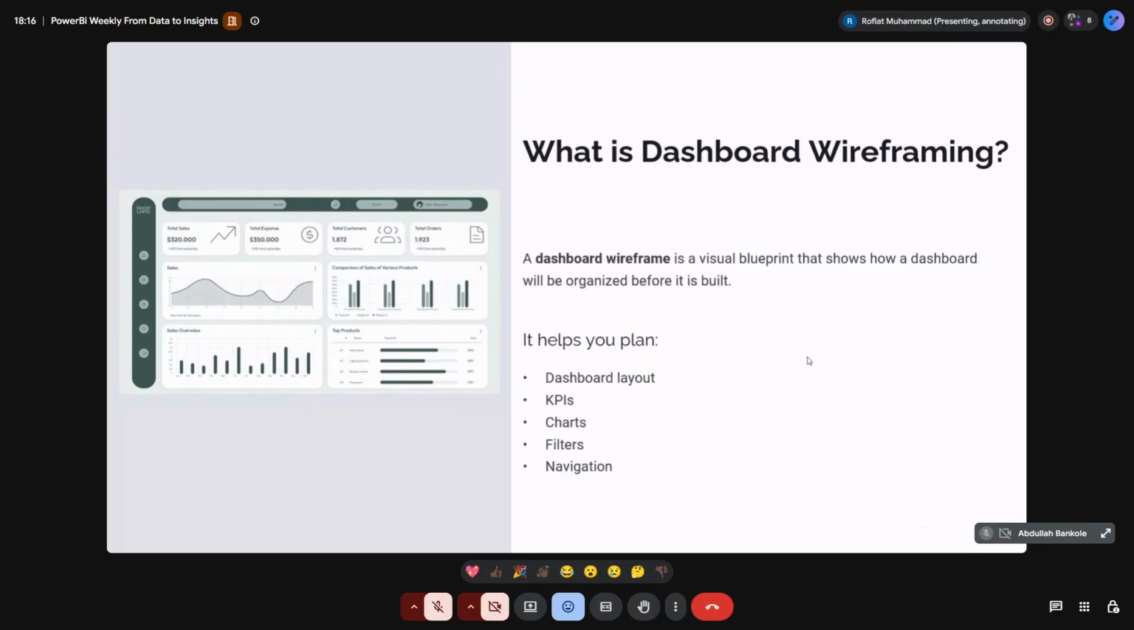Think of wireframing as having a foundation, the way we have to build a foundation for our house. Think of it like that. So before you can actually decide, okay, I want my dashboard to be like this, this is the way I want the layout to look like, you know, you have to